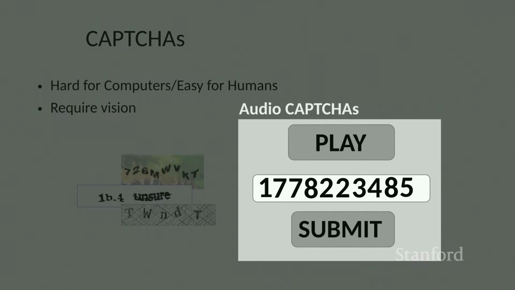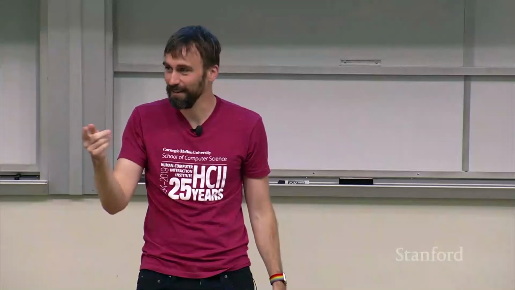Got behind a little bit, but anyway. I've been playing the same CAPTCHA for like 10 years. So to me, I know this one. So I'm always like, well, they can clearly hear this, right?